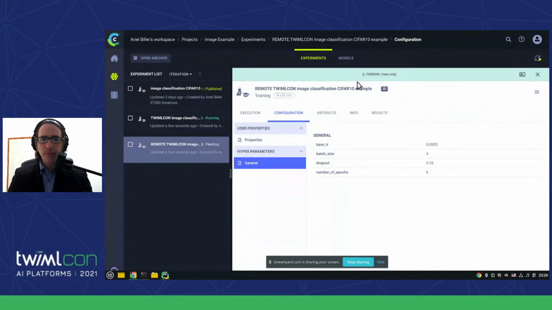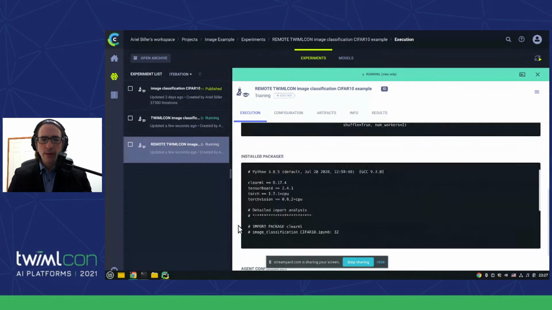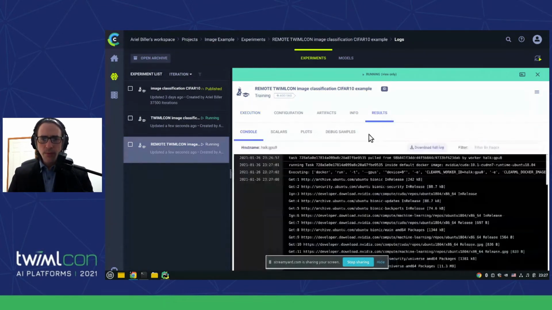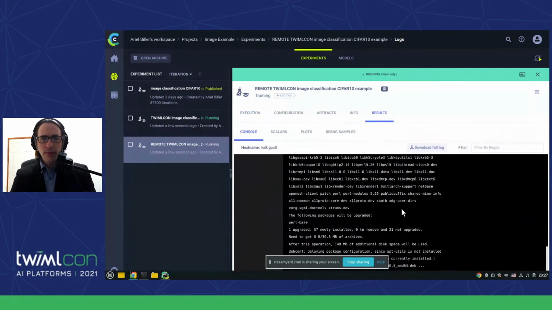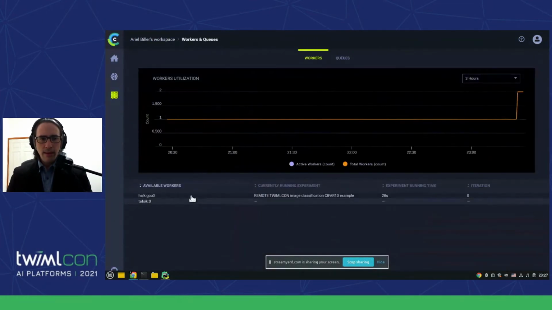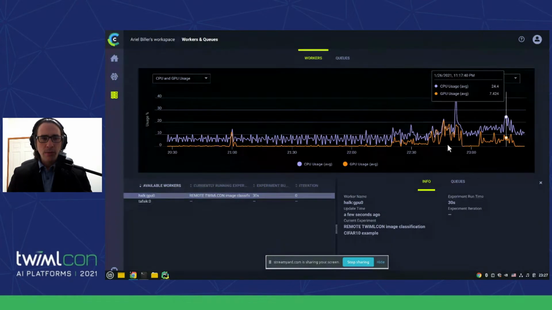So what's going to happen right now is it's going to go and build the container, and actually it's going to find out that I've listed it as PyTorch. The package that I had installed right now is PyTorch CPU, and because it's a Docker container, it will convert it into PyTorch on GPU, install it, take the code, this converted script, and run it. And we can see it's actually happening right now. But we don't have to wait. We can go and discuss some other things, and we can come back to it later. What we can see is that the GPU and CPU are starting to work. We'll see the GPU later.